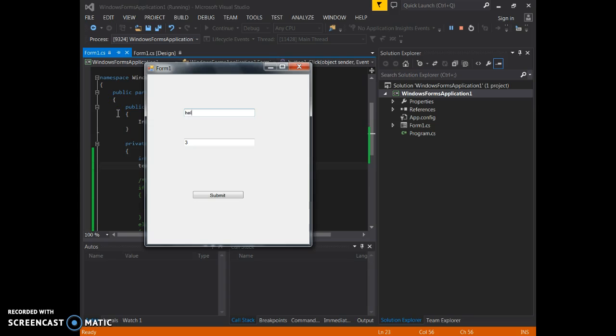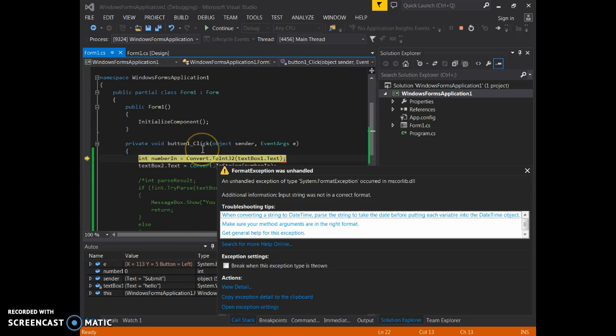Let's put hello in. And this is going to horribly break my program. The reason it's horribly broken my program is there is no numeric representation of hello. That is not a number, and the convert to int32 method cannot handle that. Because it throws an error, it breaks your entire program. So if somebody's running this in Windows, they'll get the whole, this program is no longer responding, blah, blah, blah, go through all the rigmarole of trying to get that to shut down,